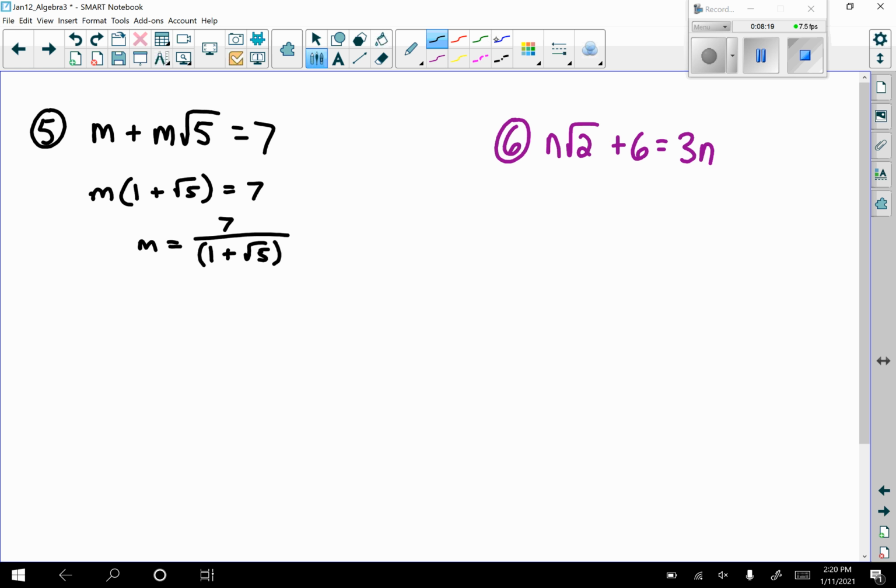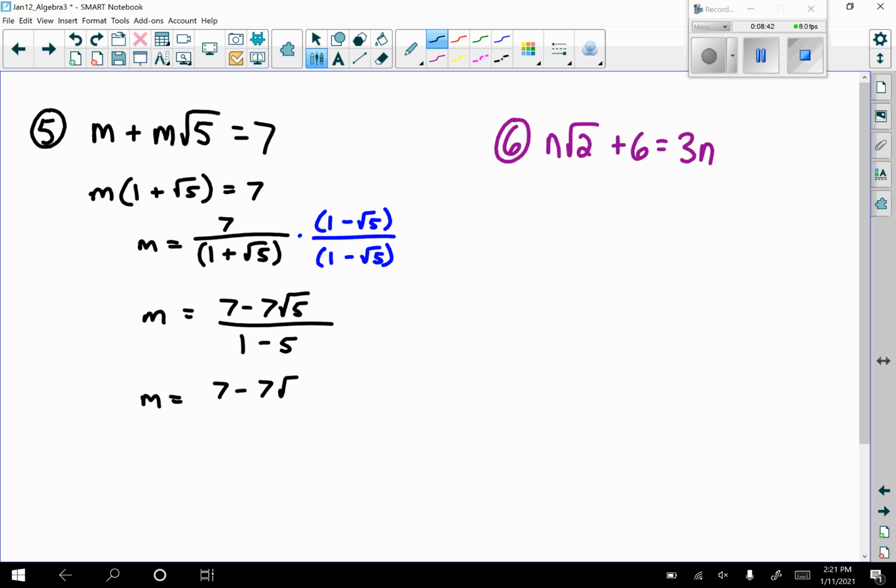Well, now since, again, that's a binomial, I need to multiply top and bottom by the conjugate to rationalize the denominator. So we get 1 minus radical 5 over 1 minus radical 5. Carefully distributing here, we're going to get m equals 7 minus 7 radical 5 all over 1, and then we'll get a minus 5. So here we're going to get 7 minus 7 radical 5 all over negative 4,